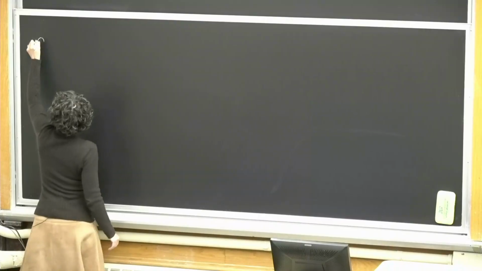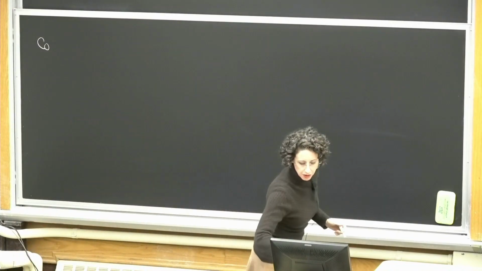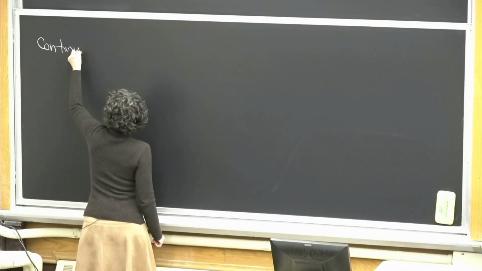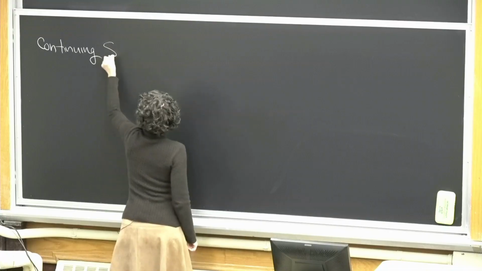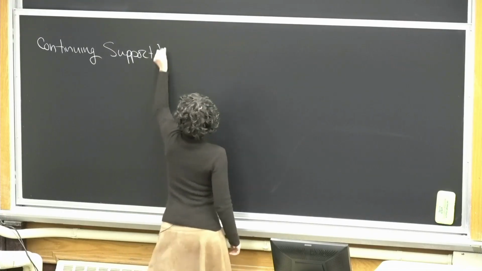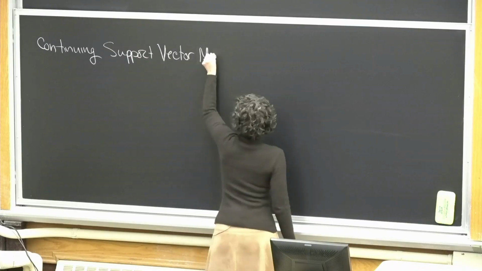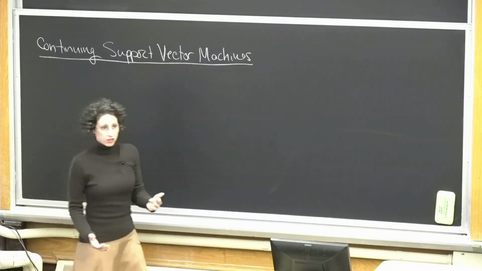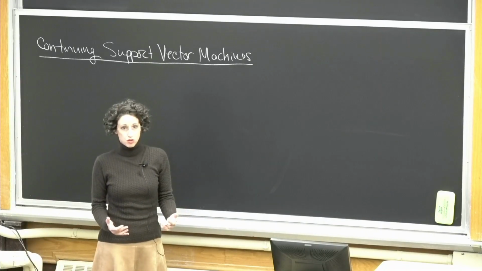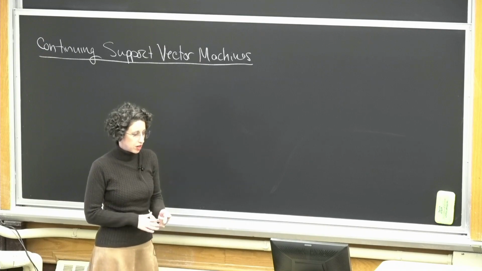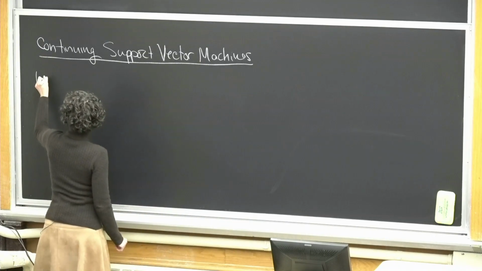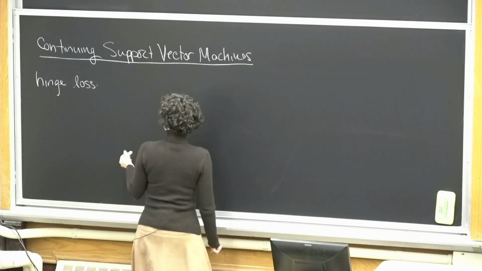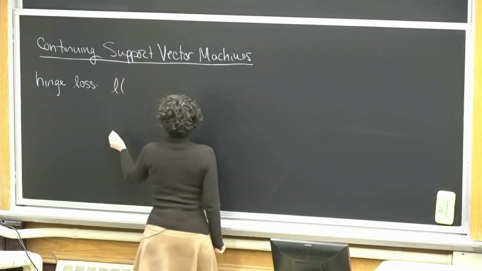So today we are going to start off by continuing our discussion of the support vector machine. And so if you recall, last time we talked about some of the challenges and shortcomings associated with least squares, and we proposed an alternative loss function for classification called the hinge loss, where in particular, the loss associated with